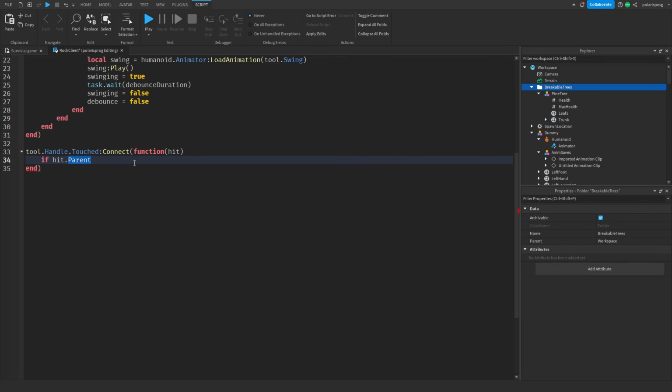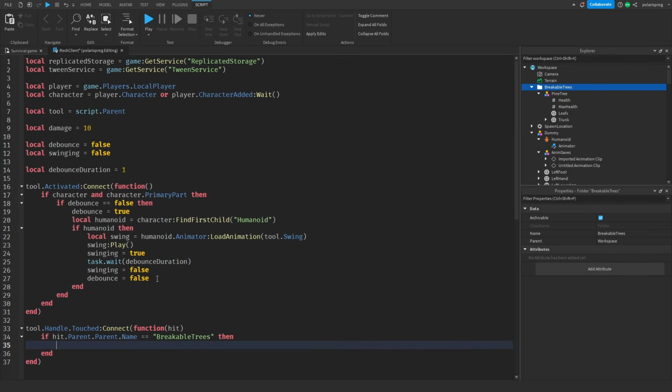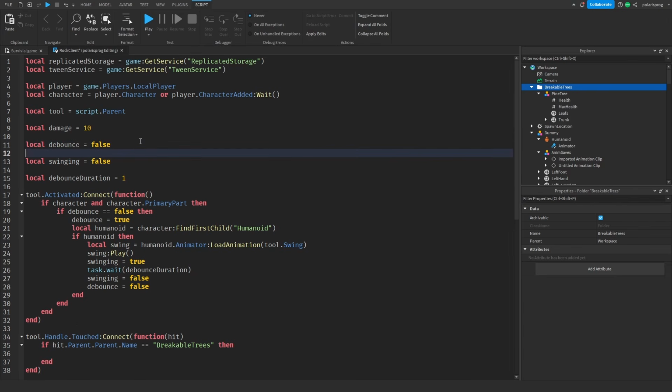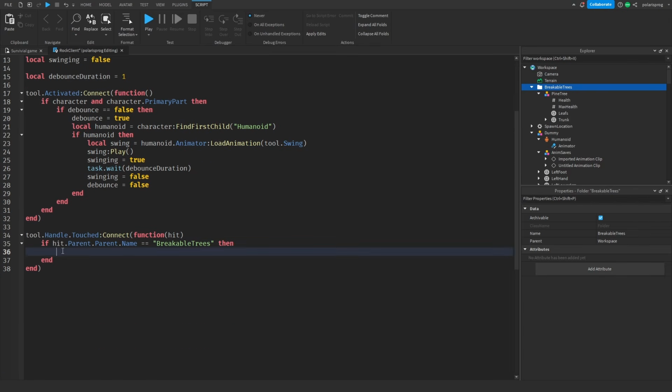So we're gonna add another .Parent. So if hit.Parent.Parent, so now we have the breakable trees folder, .Name is equal to BreakableTrees, then we know that it's in fact a tree that we can break. So what we're gonna do is if not debounceTree, so we're gonna have another debounce. So local debounceTree is equal to false, and we're gonna check if not debounceTree, so if debounceTree is equal to false, then